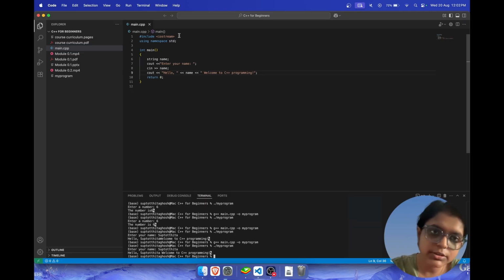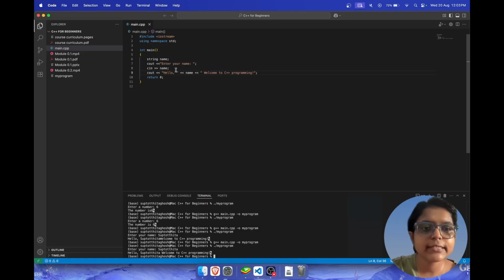Then we have the main function, where the entire execution of the program begins. Then we have the code written in between curly braces, which tells your computer what you have to do in the program. And then we have the return statement, which lets the compiler know that the program run has been successful.